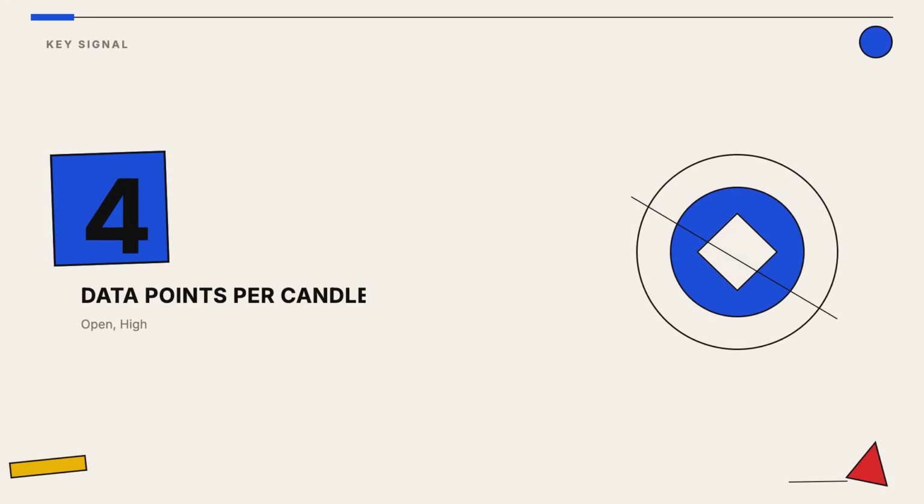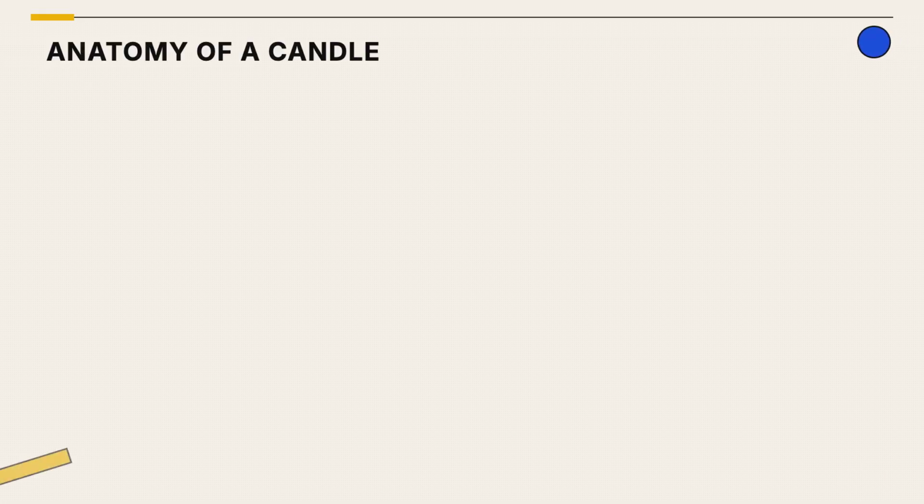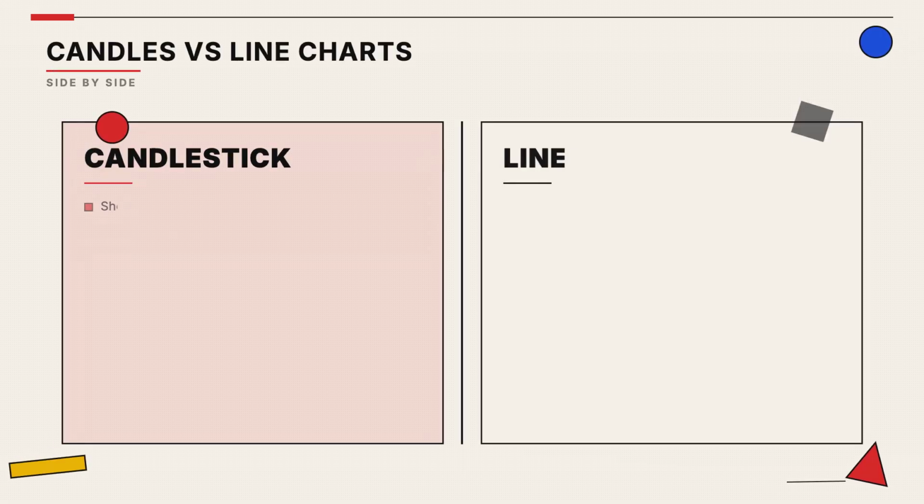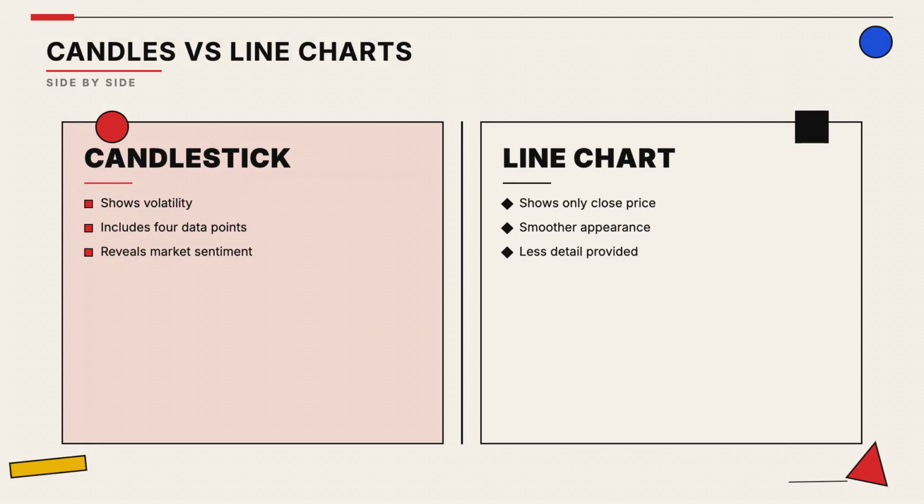Every single candle displays 4 critical pieces of information: the starting price, the closing price, and the highest and lowest points reached. The colored body shows where the price moved, while the wicks help you spot volatility and price rejection during that time frame. While line charts show the general trend, candles reveal the struggle between buyers and sellers within